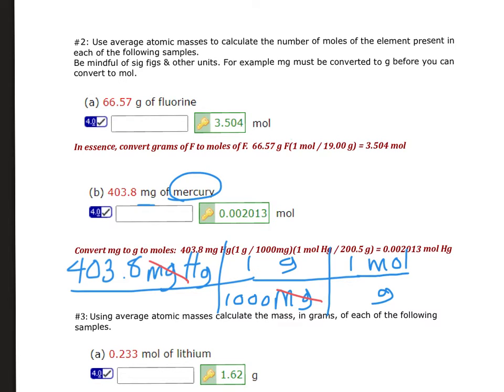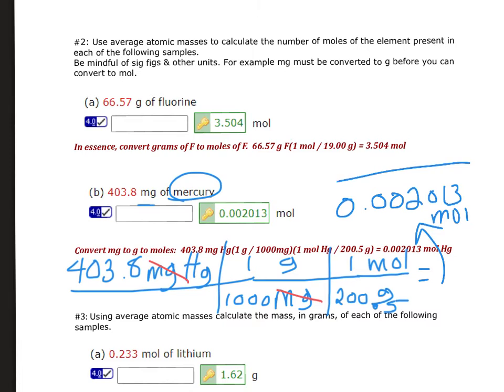It's mercury. We hunt and peck for mercury on the periodic table, and we'll do 200.5 grams. In my calculator, I will do 403.8 divided by 1,000. I'll probably hit enter, and then divided by 200.5, and then I'll hit enter again. I should have 4 sig figs at the end of it, and it looks like it is about 0.002013 moles of mercury. So what we did is we changed from milligrams to grams, and then grams to moles,